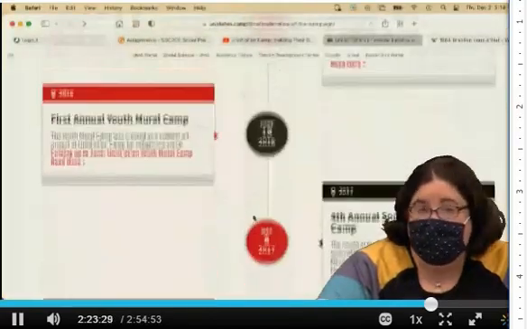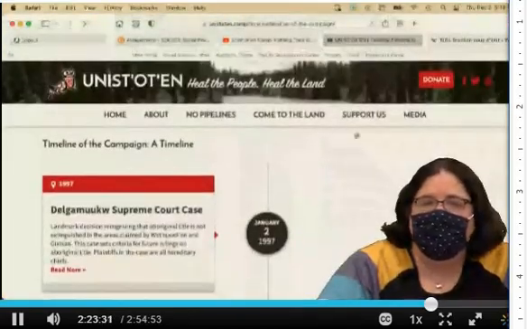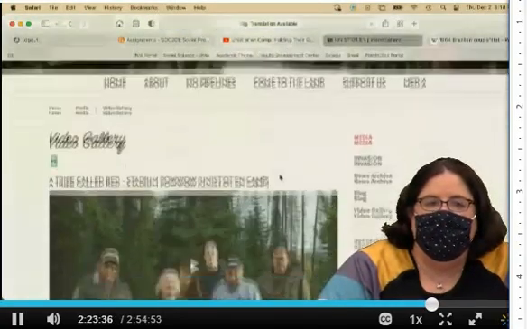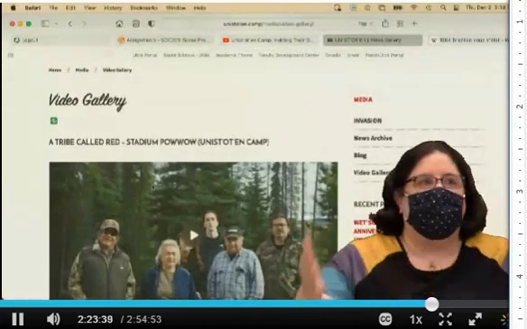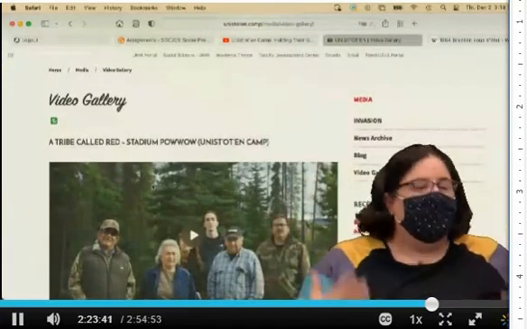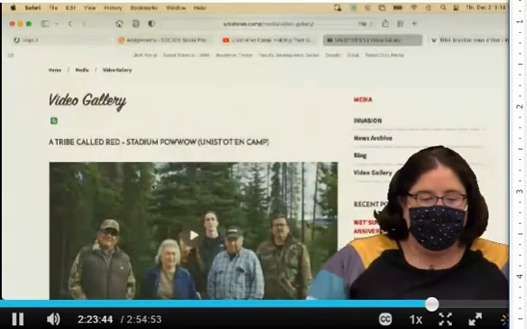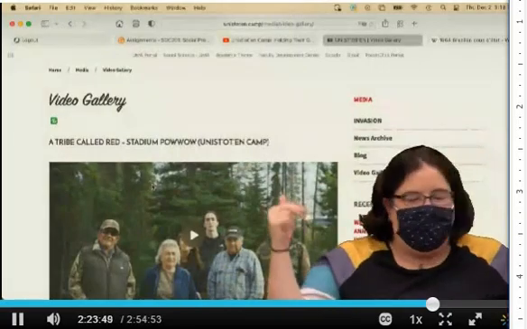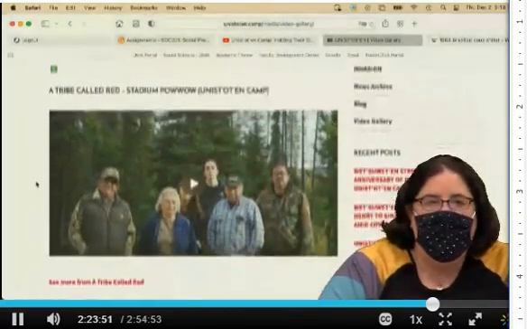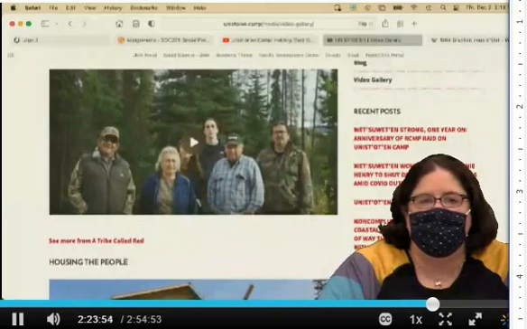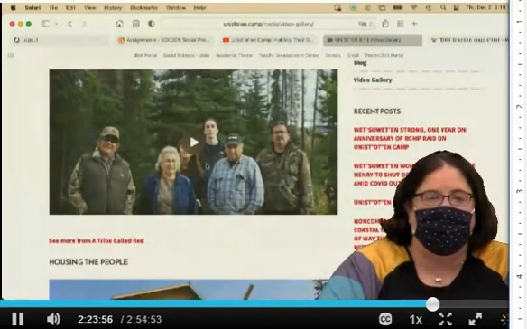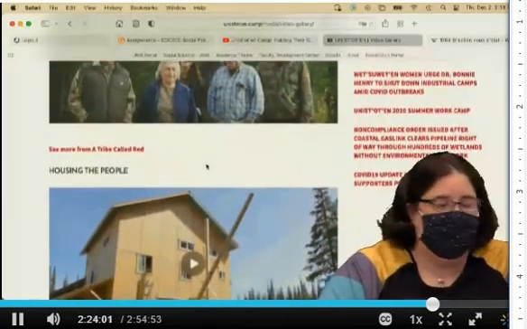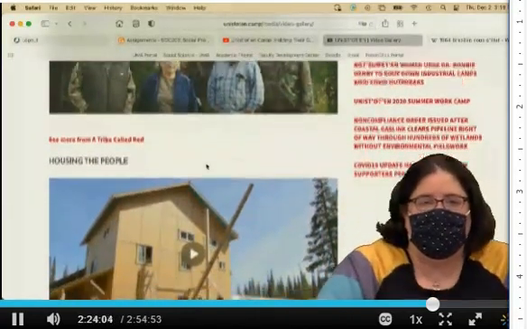Part of the problem was the pandemic in 2020. Sorry for the scrolling. They have talked about how things shifted during the pandemic. For the first year, of course, they couldn't have volunteers doing that work. But at the same time, pipelines were allowed to keep going because they are critical infrastructure, right? So they kept building. They do have some videos here on their website about their groups and how they've continued this work, but I don't know the current status of the pipeline on their land, or if it's been fully built or not.